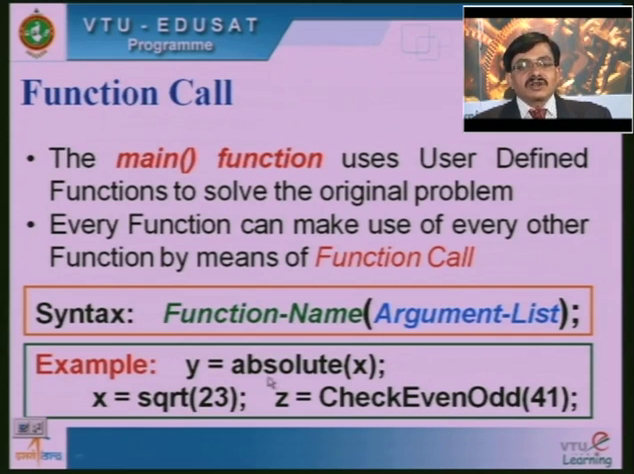So, I am calling a function called absolute. I am passing x as a parameter. X should be of type integer in case the absolute function is taking integer as the data. The same type of data that the functions are taking, the same type of values we are supposed to pass